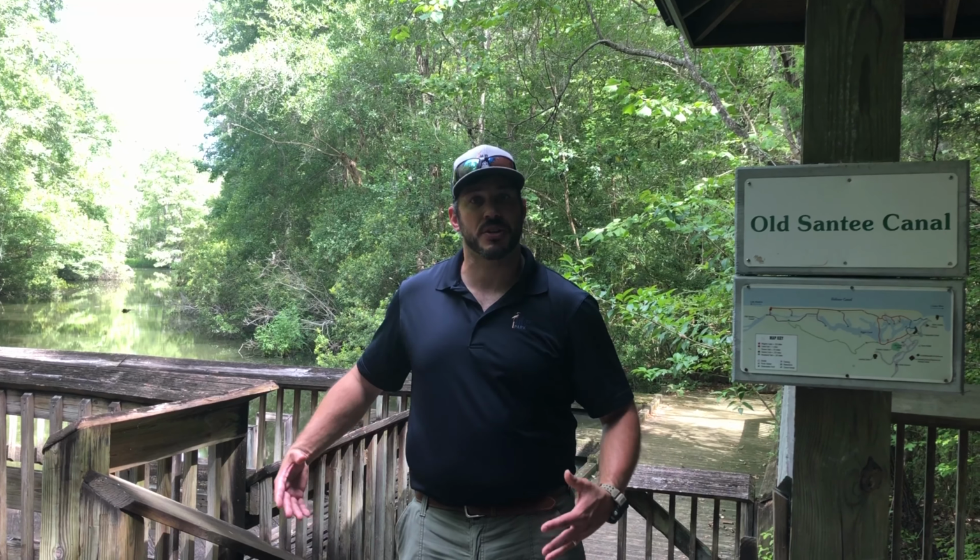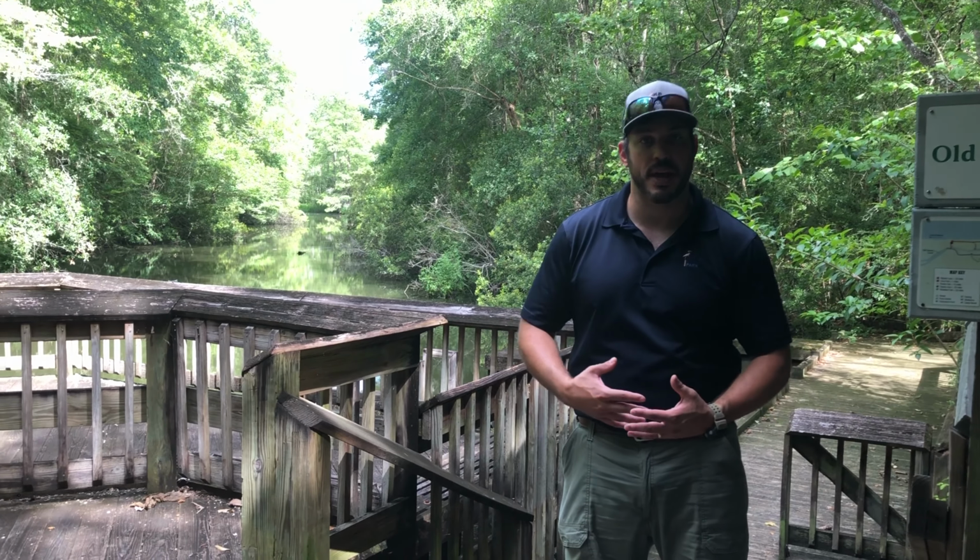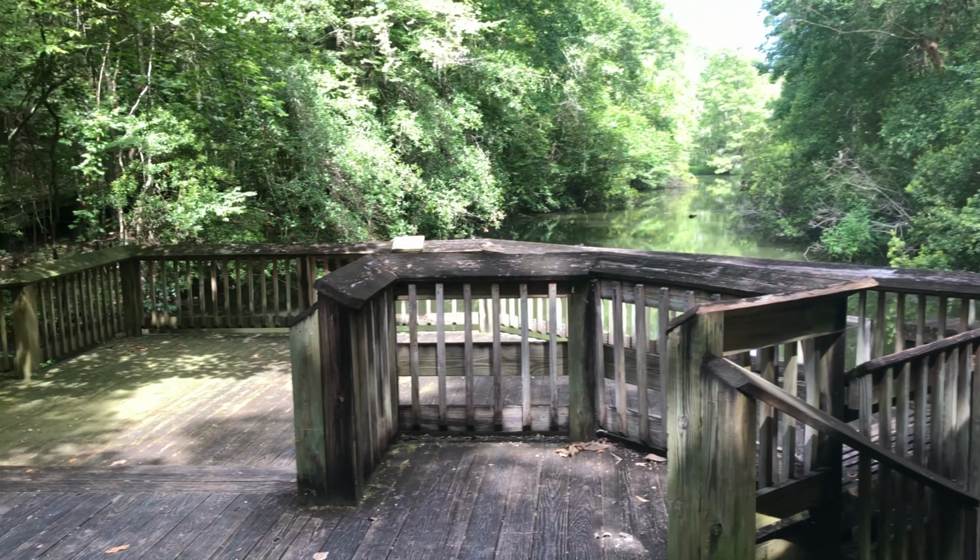When you reach the end of the Canal Trail or Purple Trail, you will arrive here at our dock. And this is a place, if you're canoeing, you can stop and rest. Now, what's really cool about this is